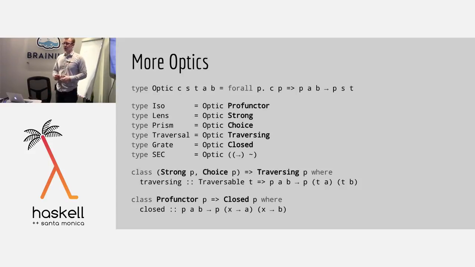Okay, Grate is pretty interesting because nobody sort of knew about Grates until the profunctor machinery was worked through, and then people said, well, we have this class called Closed. I wonder what happens if you stick Closed in here. What does that mean? And they worked through it, and Russell O'Connor gave a nice blog post explaining the various presentations and what it would look like in the Van Laarhoven presentation. It's a little bit weird, but closed profunctors give you this way of lifting over